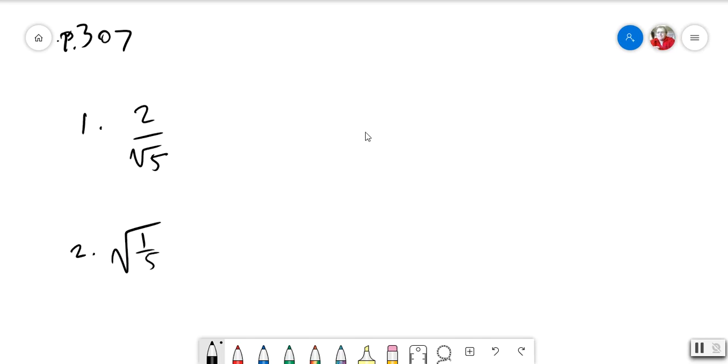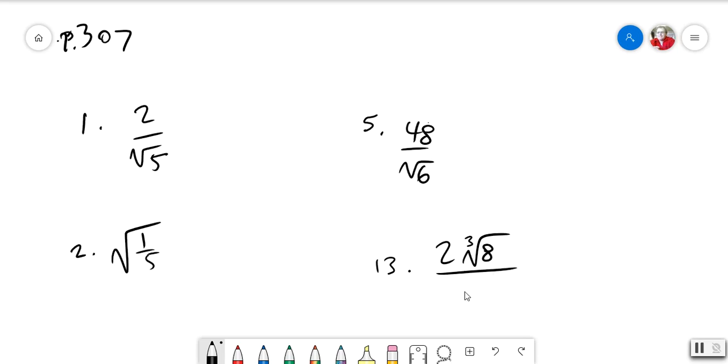Let's look at number 5, 48 over the root of 6. And let's look at 13, which is 2 cube root of 8 over the cube root